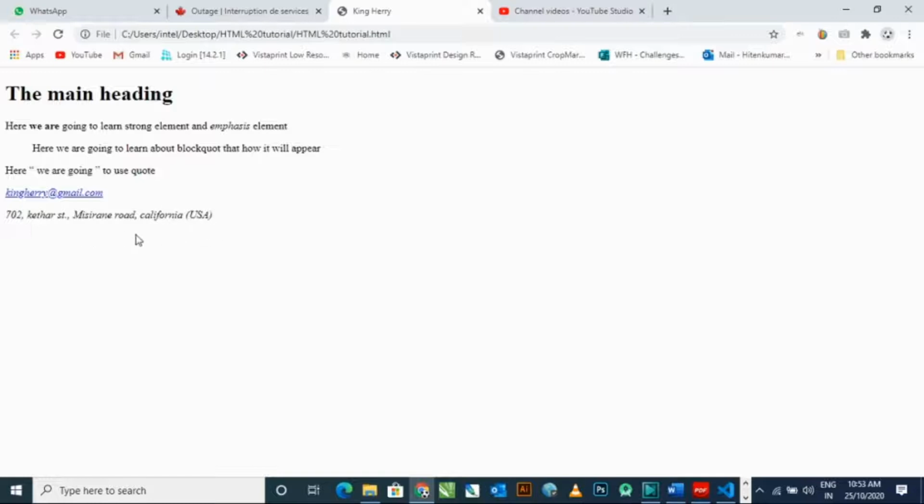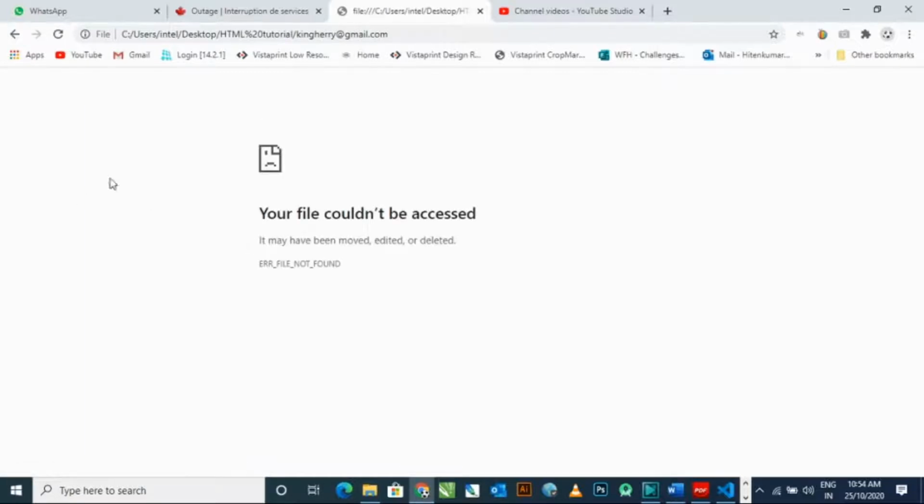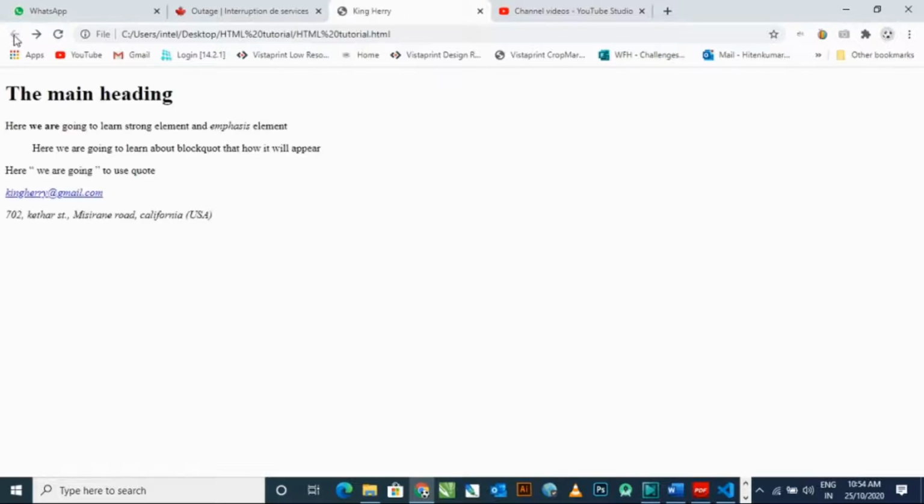This is how you can type your address in HTML. If I'm clicking on my email ID, it will redirect, but because this is not the correct ID, you can see this error. This is the address element.